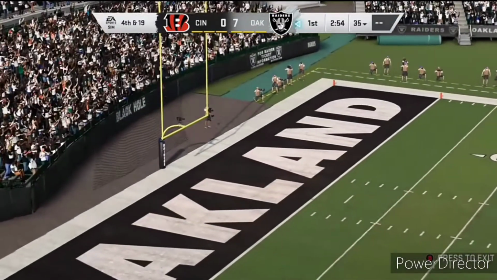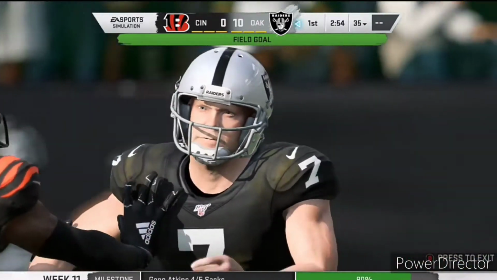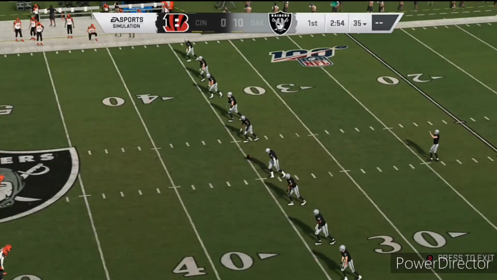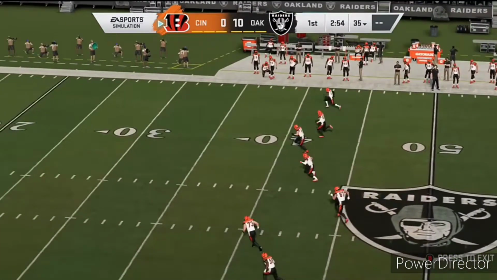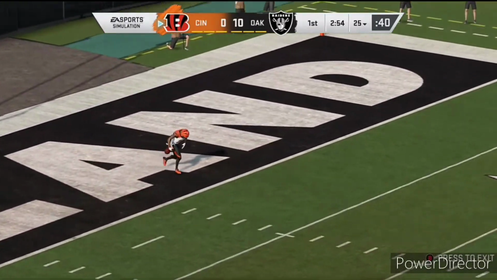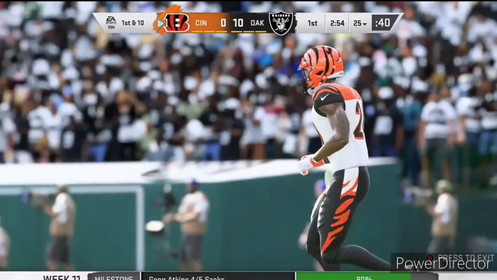and it is up and good by Phil Dawson, and that will make it a 2-possession game, 10-0 Oakland, with just less than 3 minutes left to go in the first quarter, as Dawson is out to kick off to Darius Phillips, who waits in the end zone, and he will take a knee in the end zone, which will bring Cincinnati out to the 25-yard line,